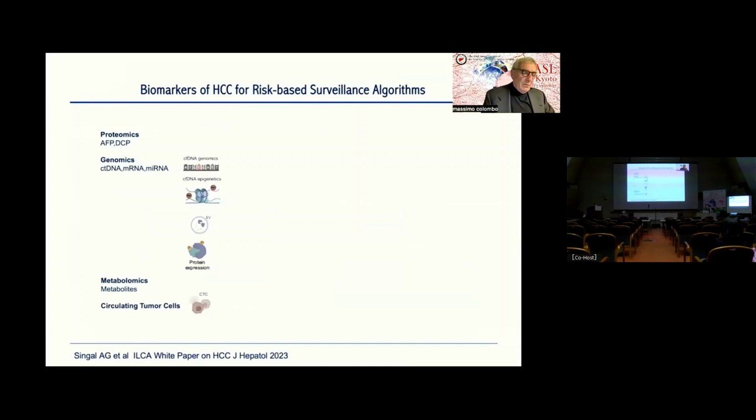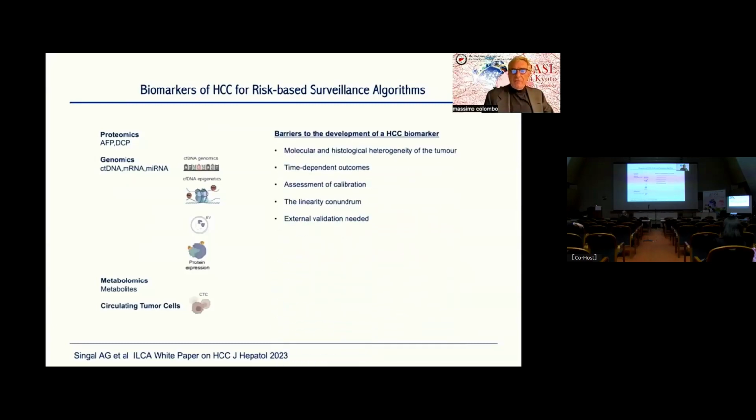On top of this is the old alpha-fetoprotein, which is regarded as a degenerated albumin, which is the only biomarker that has been validated for its impact on prognosis and prediction of mortality in the setting of tumor resection, transplantation, and more recently, systemic therapy. Genomics include cell-free DNA genomics and epigenetics. Let's think about methylation. Extracellular vesicles bring around in the blood a number of pieces of information: microRNA, DNA, proteins, expression of pro-tumor proteins, metabolomics, and circulating tumor cells.